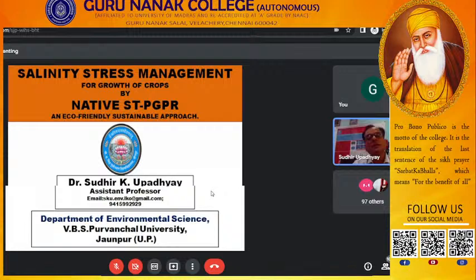So in our research activities, I have taken two different aspects to manage the problem of salinity in the agricultural field. First one is plant growth promoting rhizobacteria. Even though many microbes have plant growth promoting abilities, I am checking plant growth promoting rhizobacteria. And second, eco-friendly amendment. On eco-friendly amendment, I worked only recently, since the last three or four years. But plant growth promoting rhizobacteria I have worked on since